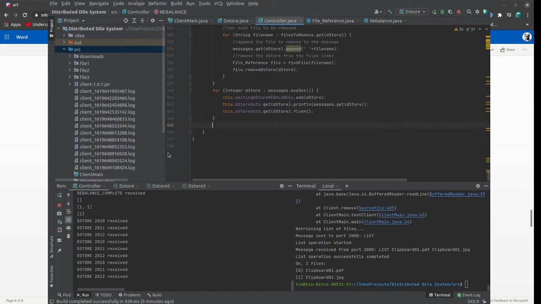So then all we need to do is thread.sleep for this.timeout, and then if this.waiting store rebalance dot size more than 0,